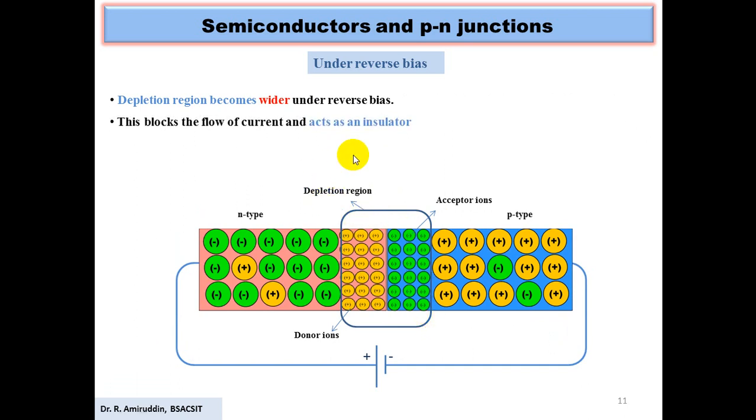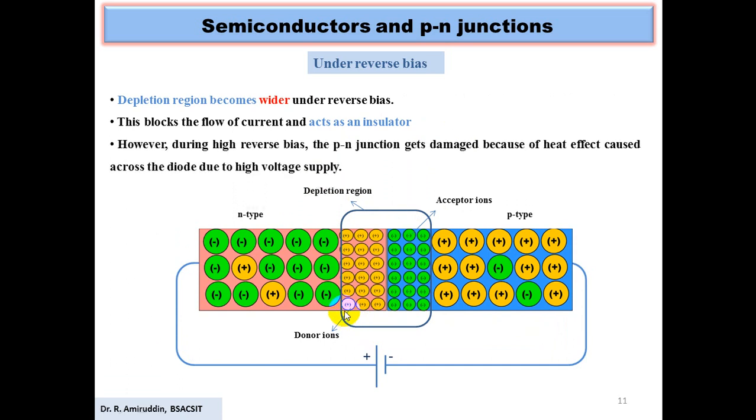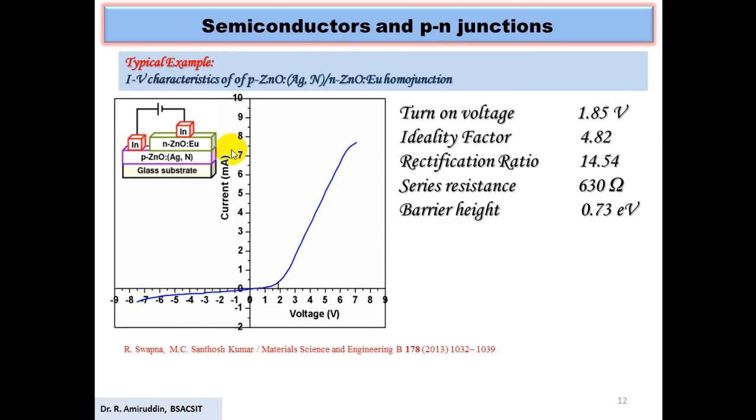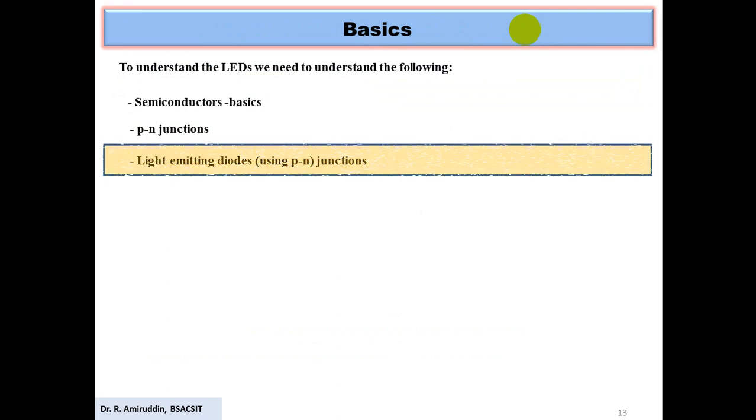Thus, this acts as a barrier, or partially as an insulator, since it will not allow the flow of current across the depletion region. As a result, a p-n junction is nothing but a diode, which allows current flow only in forward bias and restricts current flow in reverse bias. So this is the voltage and current characteristic of a p-n junction diode. Now, based on this concept, you will understand what light emitting diodes are, using this p-n junction of semiconductors.